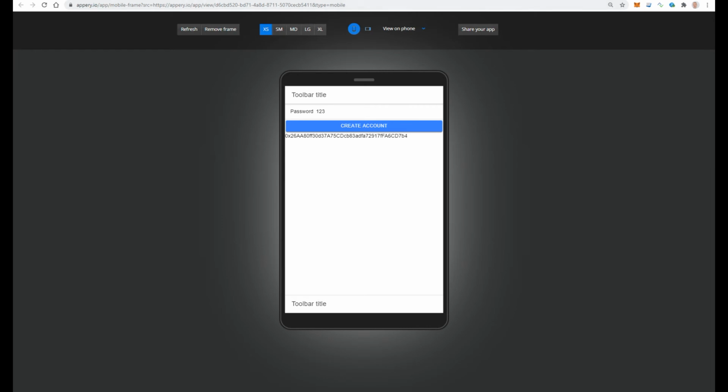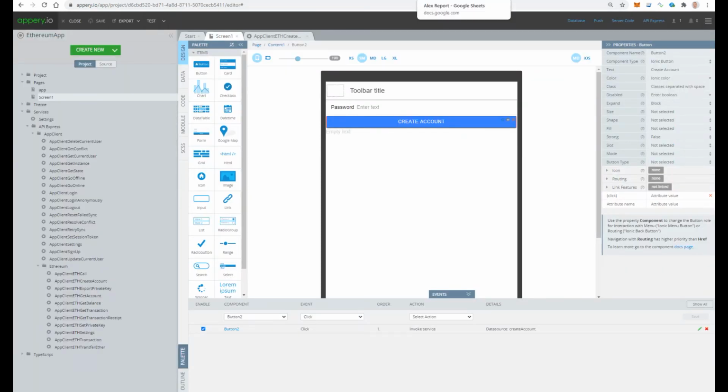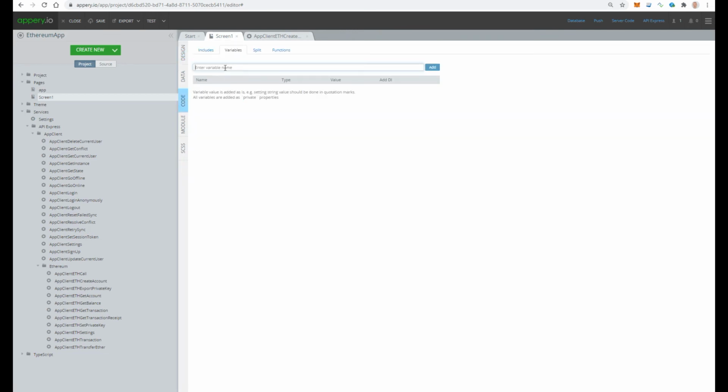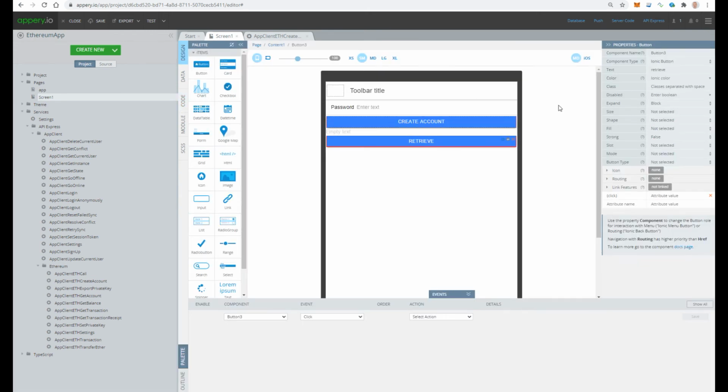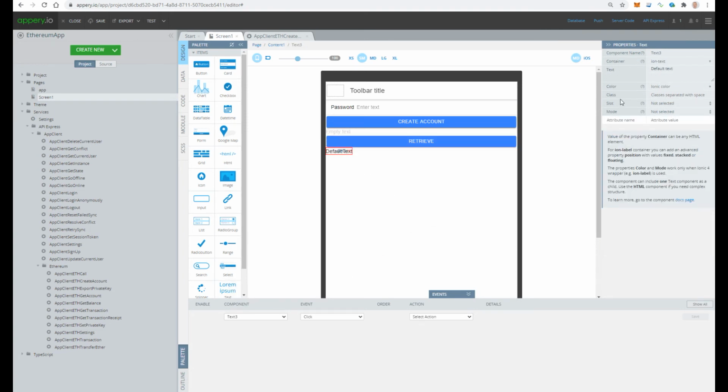Now let's invoke the retrieve function of our smart contract. For that, let's add another button with the text retrieve. Then let's add a variable numGet with type number. We will show the value of this variable after clicking on the retrieve button. Let's add a text component,